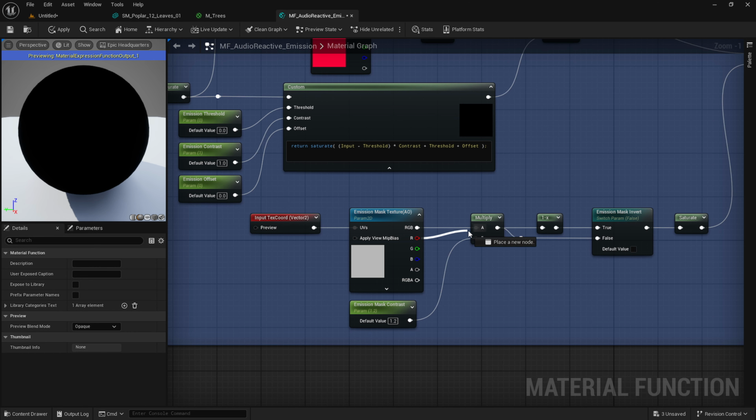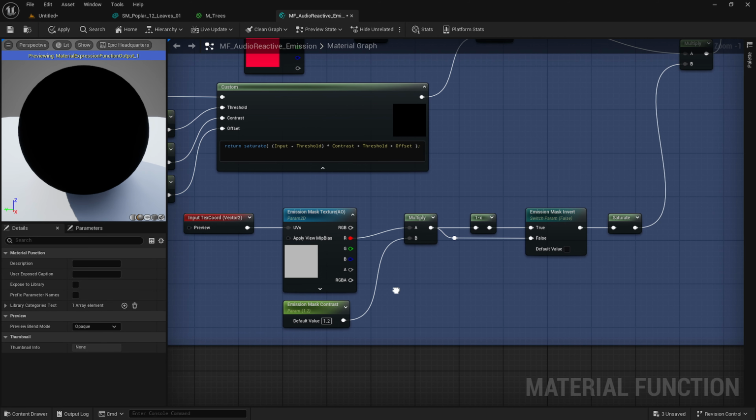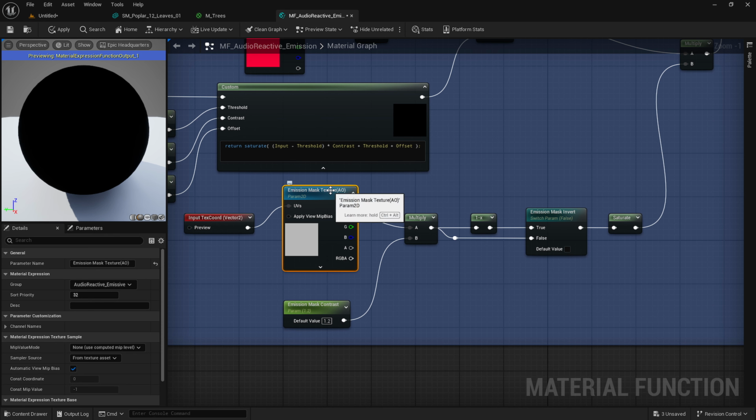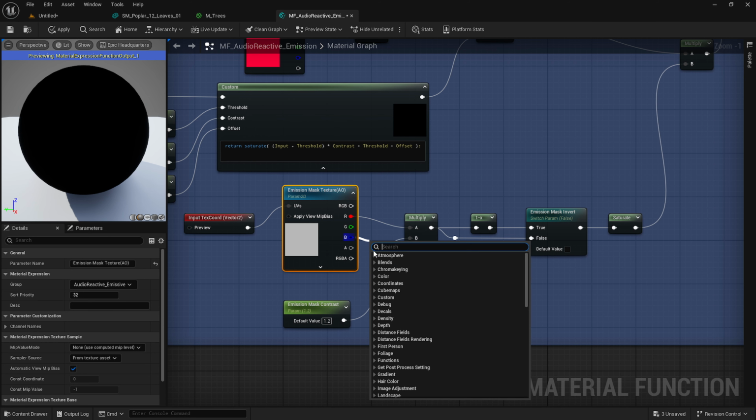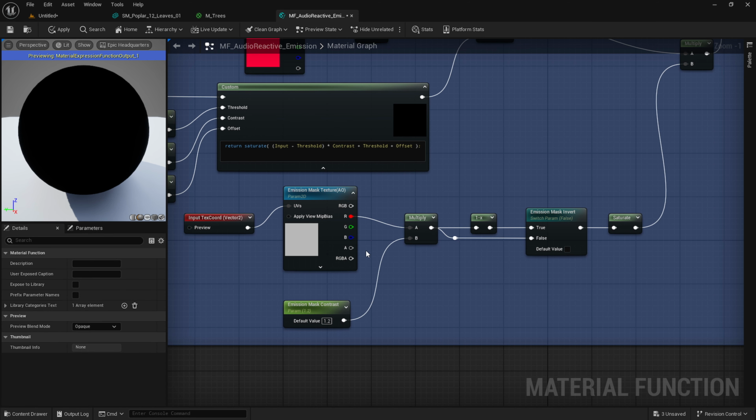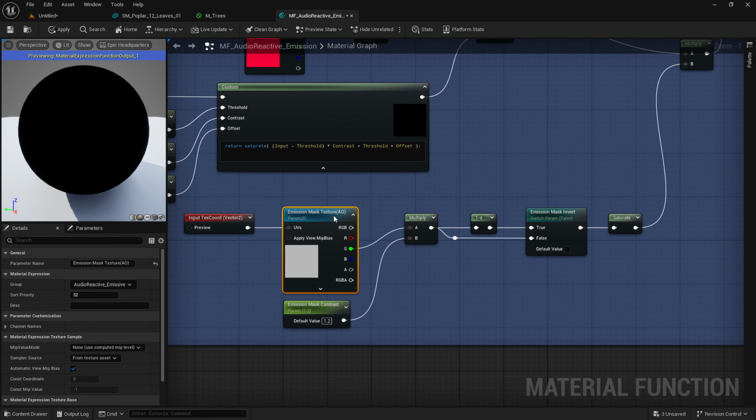So right now, most displacement maps will also work pretty well for this emission mask texture. And since displacements just use red channel, you can just come in here and plug in your red channel. Or if you have one of the ARD textures that has the ambient occlusion, the roughness, and the displacement, you could try any of those textures and plug it into these multiplies, and you get just varying results, and something might look better than a different mask.